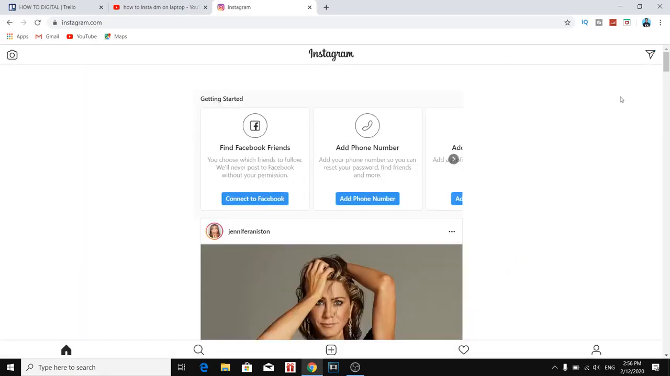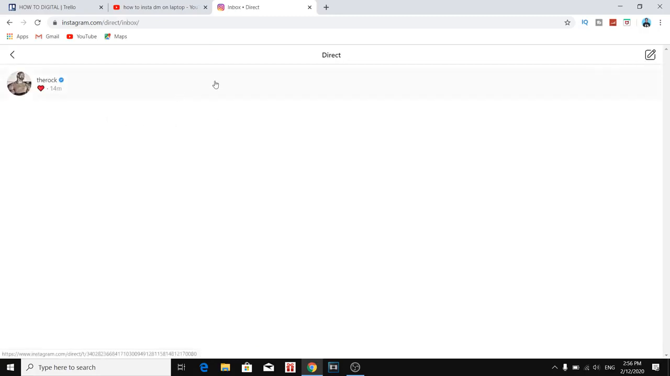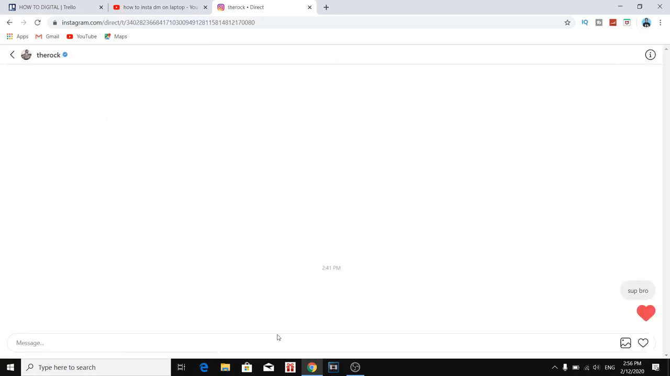And there you go. So if you take a look at the top right corner, you can now see the DM icon. Click on that and then you can view DMs and you can send DMs as well. So as you can see right there, this works. Click on enter or click on send right there and you can DM on your PC or desktop, Chromebook, whatever, on your